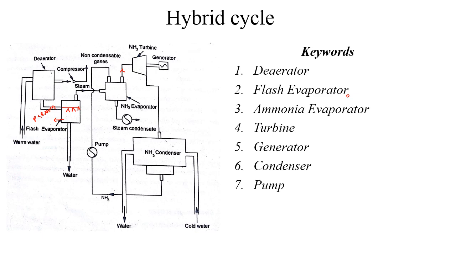Okay, ammonia turbine. The turbine is used to generate the power, and the ammonia returns back to the condenser. Here the water gets pumped to the condenser, and the ammonia gets cooled, and it will be in liquid state at the exit of the condenser. So it is easy to pump a liquid. So we are using a pump to pump the ammonia back to the high pressure level, right? So the cycle moves on.